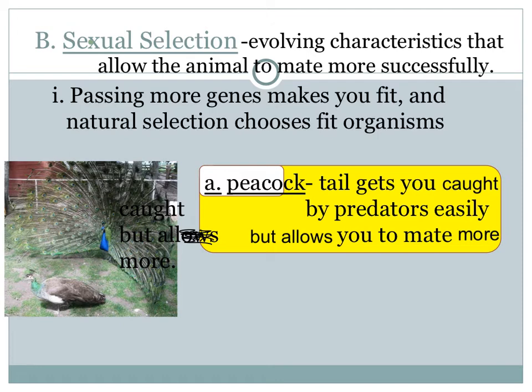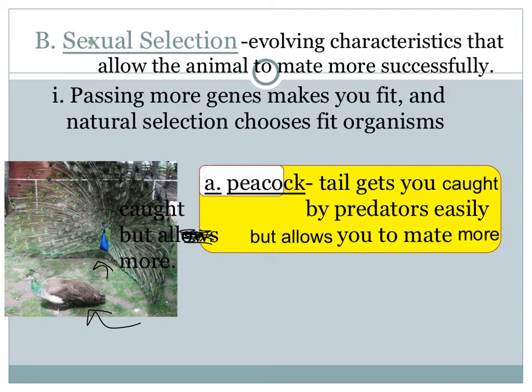Now, this normally happens to males, and it's usually the females causing the males to evolve. In the picture below, this is a peacock, and here is a peahen. The peahen is a female, the peacock is a male, and they're actually the same species. I mean, they look really different. The peacock has this giant tail with this blue body because that's just how the females like it in that